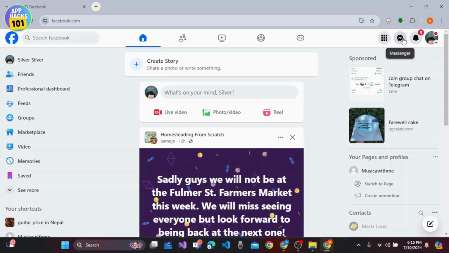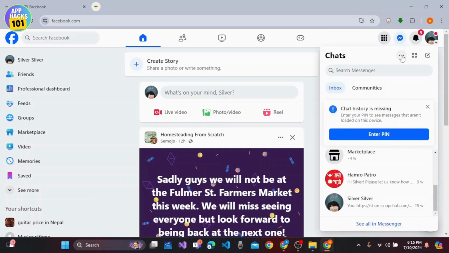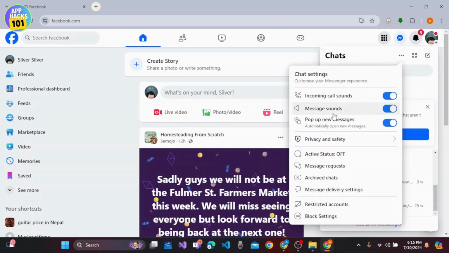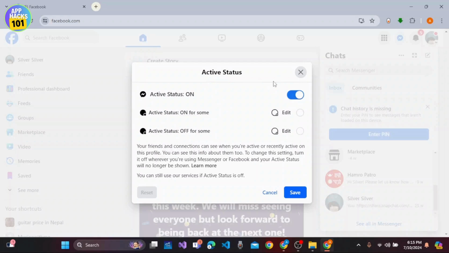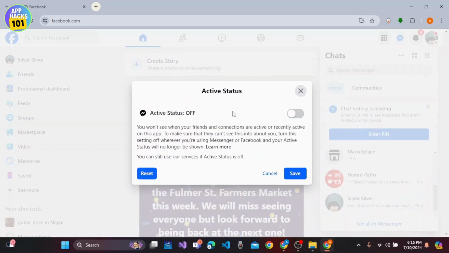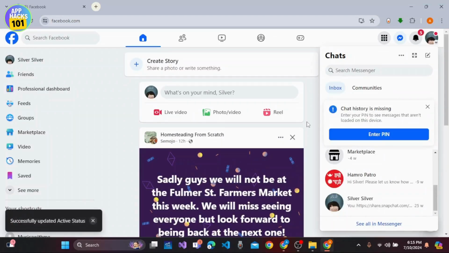Click the Messenger icon at the top right corner of the screen and click the three dots. On the chat settings page, click Active Status. If the button is toggled on and the active status is on, toggle off the button and disable the active status. Click on Save to